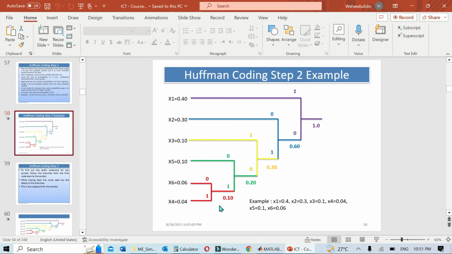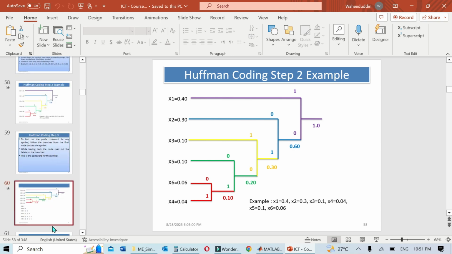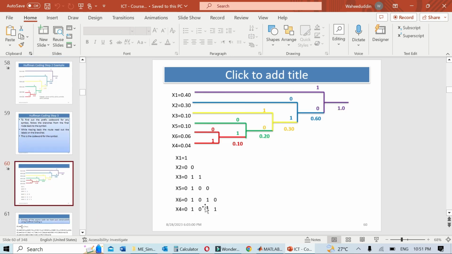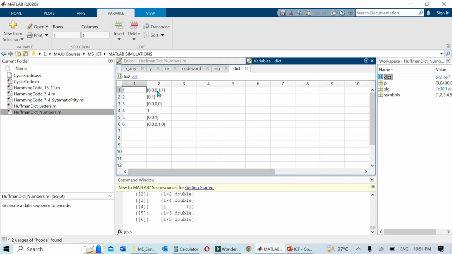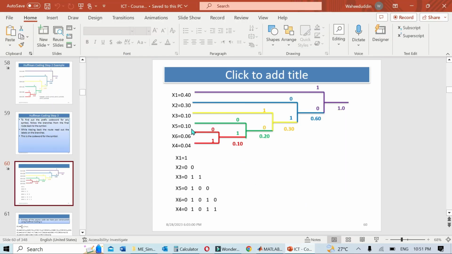These symbols are not the same. Our symbols are different. For example, x1 is 1 in our case, but here it is 0, 0, 0, 1, 1, and so on. So it depends how these values are taken, by what kind of algorithm is used to create these codes. The concept is the same, the restrictions are the same, the conditions are the same, but it